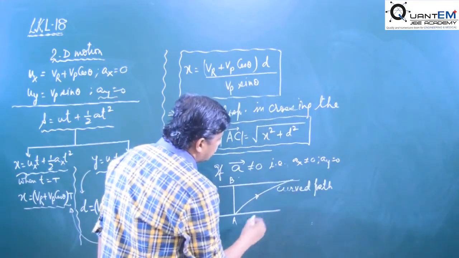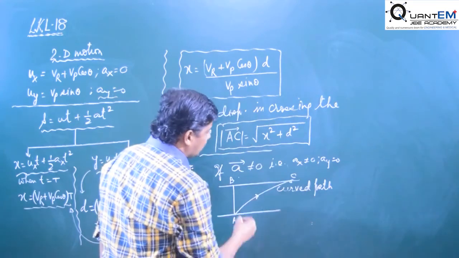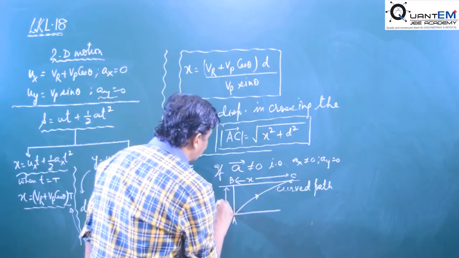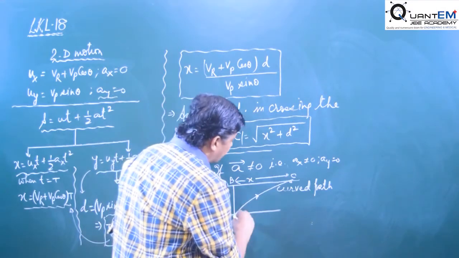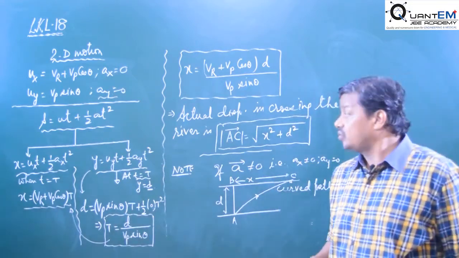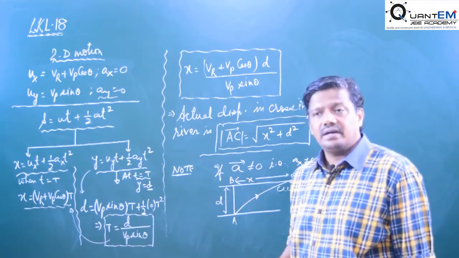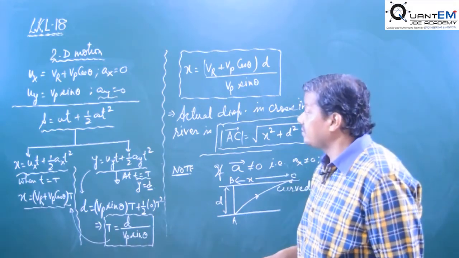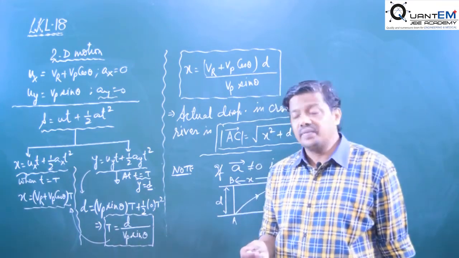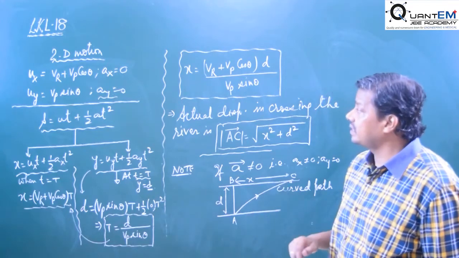Okay, then this point is c. Then for displacement, you may use this formula, it is under root x square plus d square. But in case of distance, you will have to find the equation of this curve, y as f of x, and then use the method I have told you to find the distance. Okay, the distance finding method in 2D coordinates. In the first or second class on the displacement and distance topic, I have given the formula for getting the distance of the curved path.